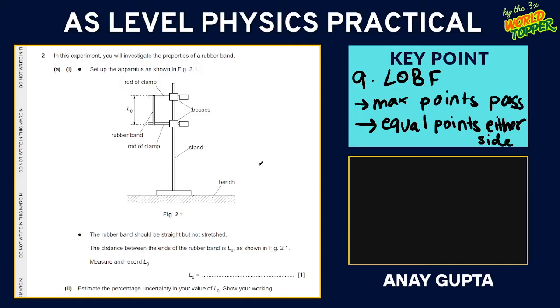The rubber band should be straight but not stretched. The distance between the ends of the rubber band is L0 as shown in figure 2.1. Measure and record L0. Okay, so simply, if you look at the diagram, one very important detail that we see